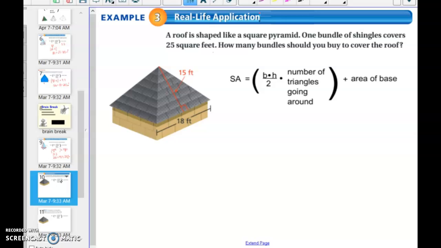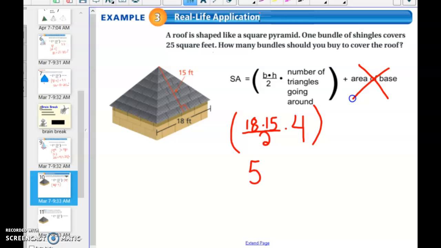Well, one thing that you have to remember when you're talking about the roof is you only would shingle the triangular surfaces going around. So you actually would not need the area of the base, because you're not going to cover that with shingles anyway. So that means I'm going to find 18 times 15 divided by 2, that's the area of one of the triangles, times 4, because there are 4 triangles going around. And that would then give me an area that I need to shingle as 540 feet